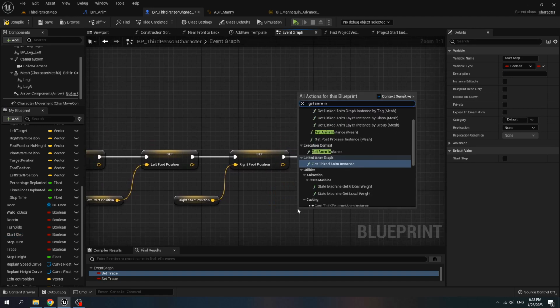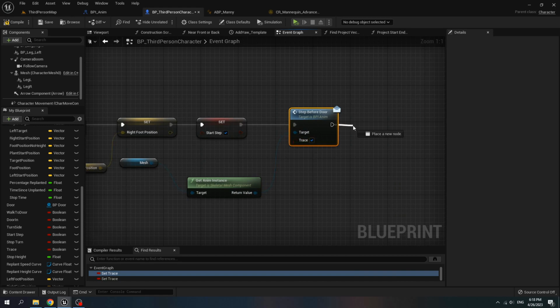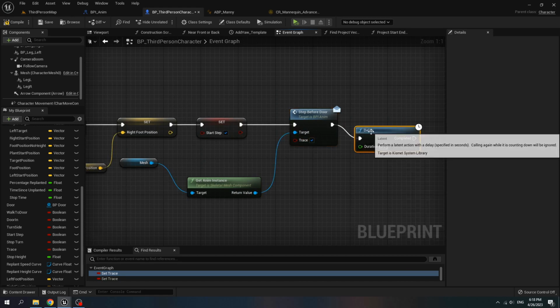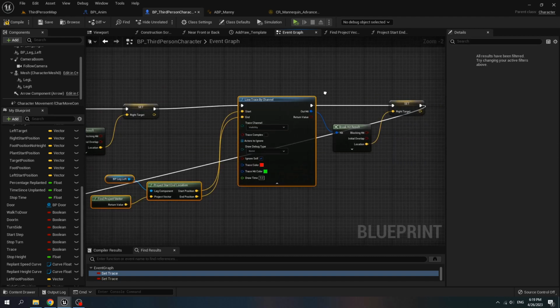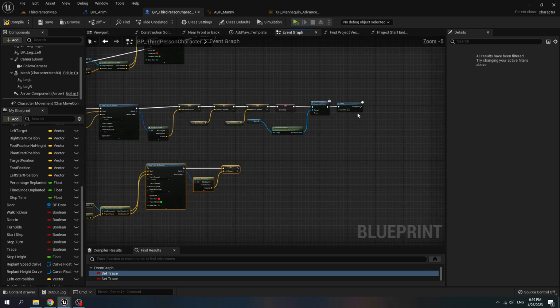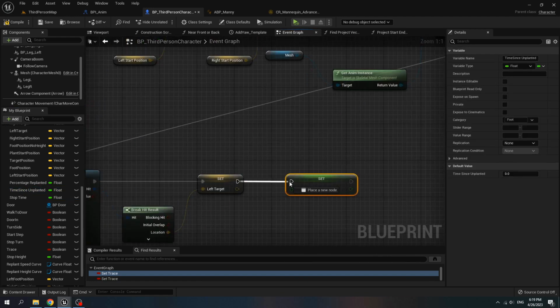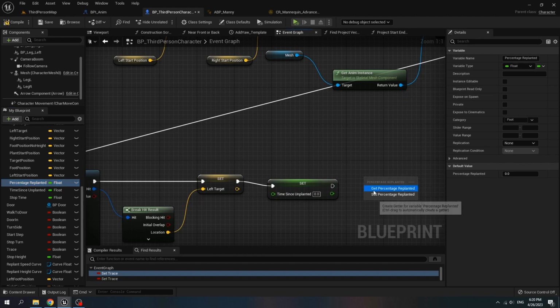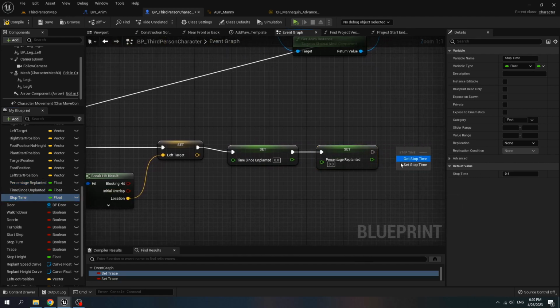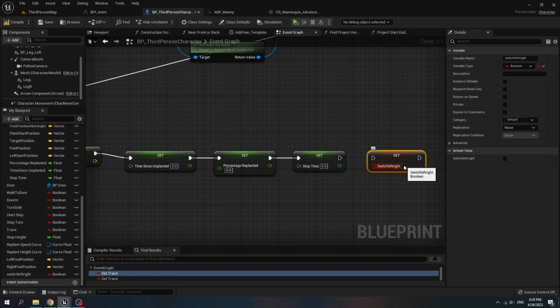Get anim instance step before door and set trace to true, delay for 0.4 seconds, and for the line trace by channel of the leg left, set it to left target, copy it, paste and set time since unplanted to 0, set percentage replanted to 0 and set stop time to 0.5 and set switch left right to true.